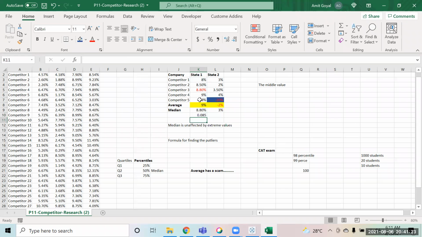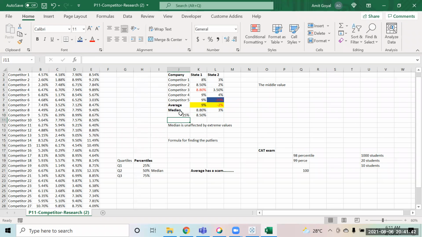You use that, and it gives you 0.85. You just have to convert it to percentage. You see 8.5. The value lying in the middle of the median and this, that will be the 25th percentile value, right? This is the 25th percentile.